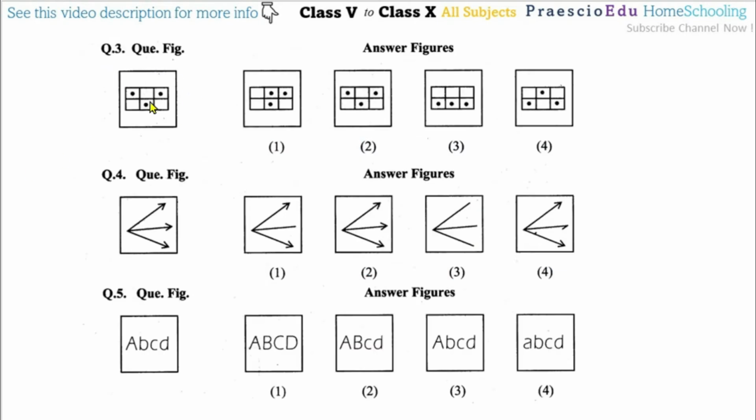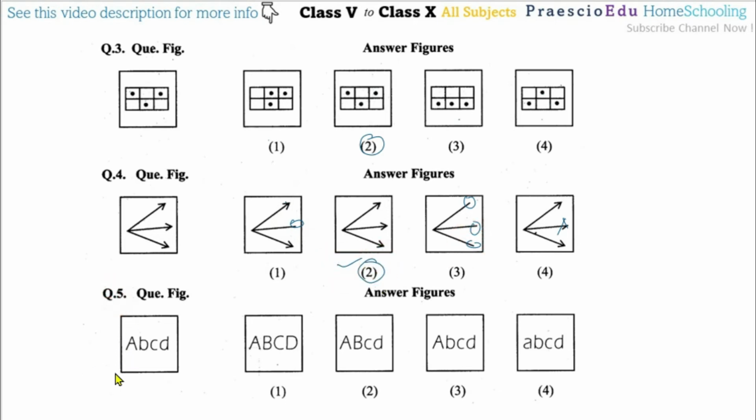Now question number 3, here 1, 2 and 3 dots. In the same shape, if you see, option number 2 is correct. Options 3, 1 and 4, if you observe this, these are different ones. So option number 2 is the correct one. Now question number 4, the three arrows are in the same right direction. If you observe this, there are some differences. So as per this, option number 2 is the correct one.